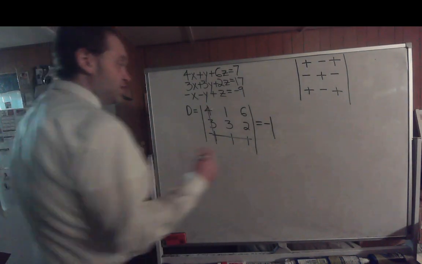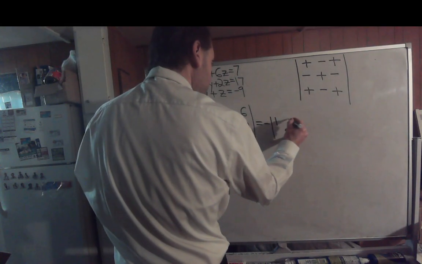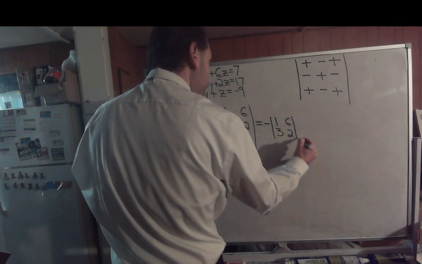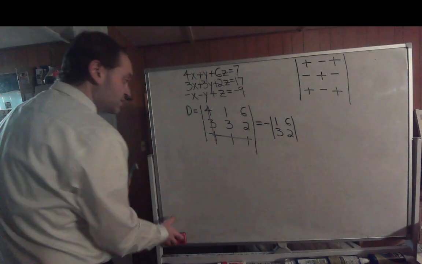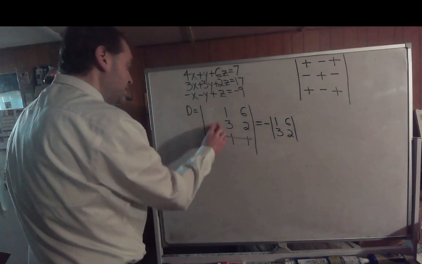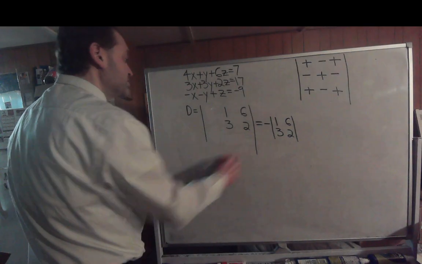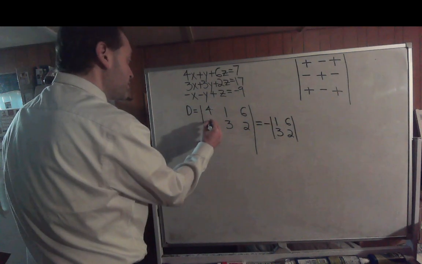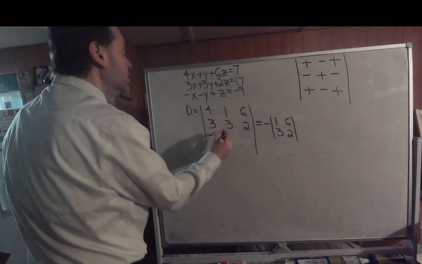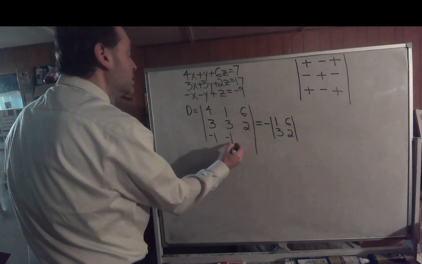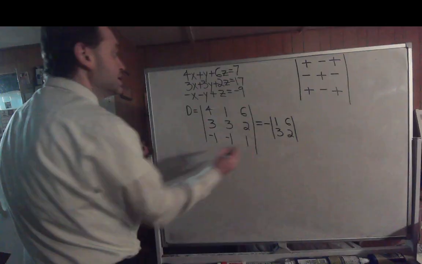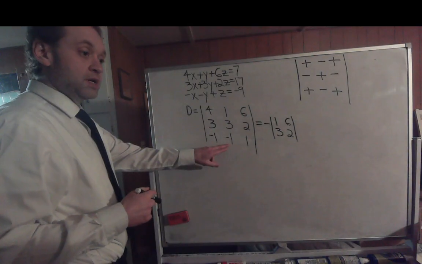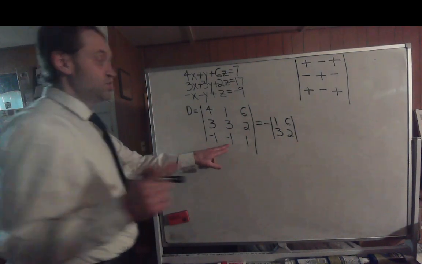So now my resulting determinant is going to be 1, 6, 3, 2. Alright, so there's my first determinant. Let's just rebuild this real quick. So 4, 3, negative 1, 1, 3, negative 1, 6, 2, 1. Alright. The second entry of the third row is also negative 1, but according to my coefficient matrix, I need